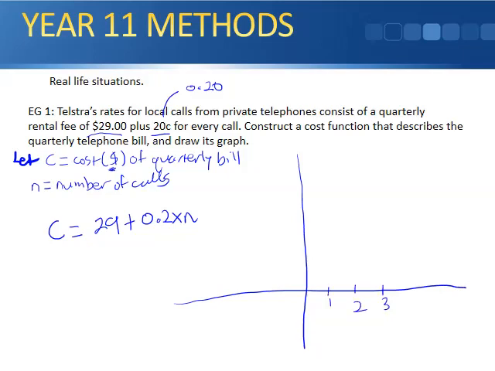1, 2, 3, and we'll go up by 5, 10, 15, 20, 25, 30, 35. That's your cost. This part here is your N. I said 5, 10. Mark in the y-intercept. The y-intercept is 29, so it's about there. Point 2, we go up by 0.2 and across 1. It's not much that we're actually moving it up, and we draw our